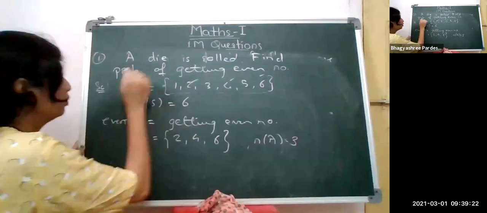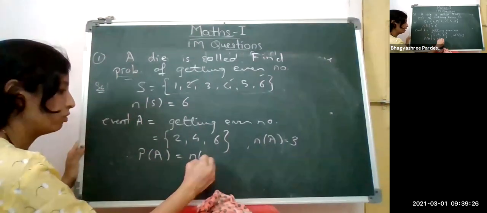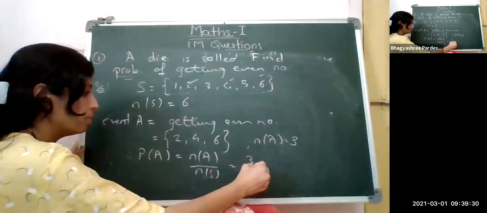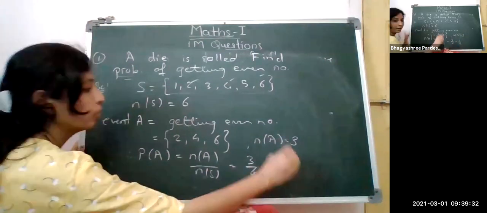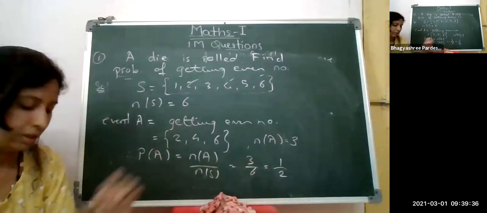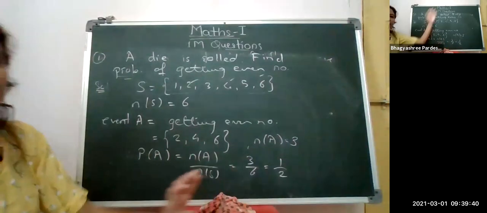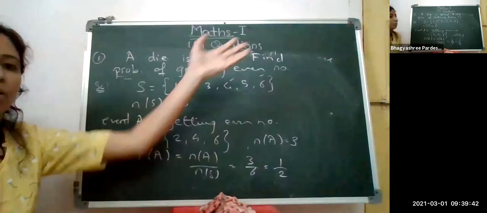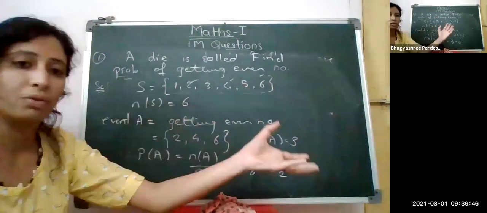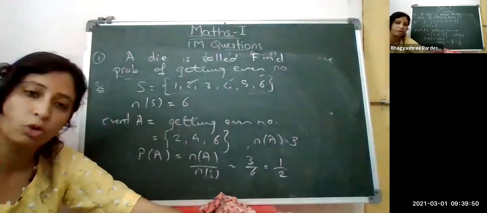And what we have to find? Probability of this. So formula for the probability of A. So simply substitute the values, 3 by 6, which is equals to 1 by 2 here. So this type of simple questions can be asked. The same, nothing will change. Only this will be there. Getting even number, getting odd number. If it is head, getting a tail on the upper face, or getting at most one head.